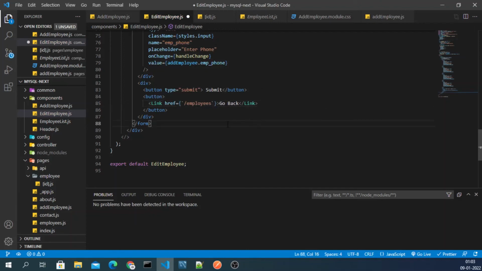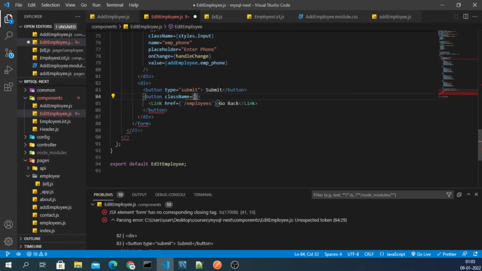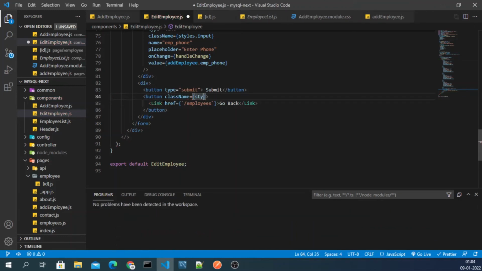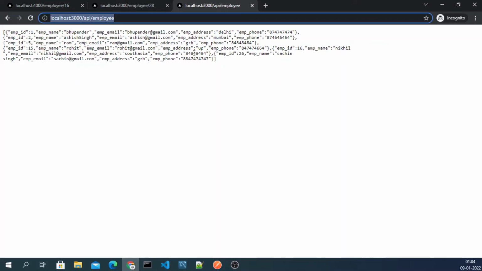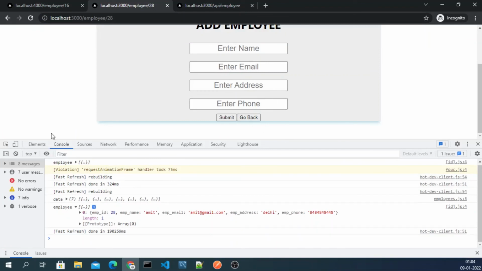Okay, and after this let me also give a class here, styles.button, className styles.button, and here also the className styles.button, like this. Okay, and now we also